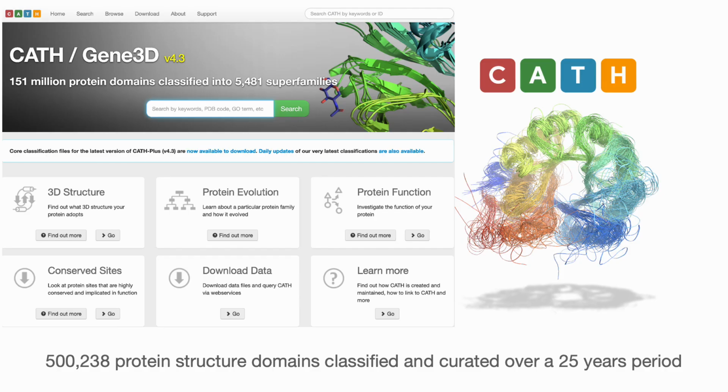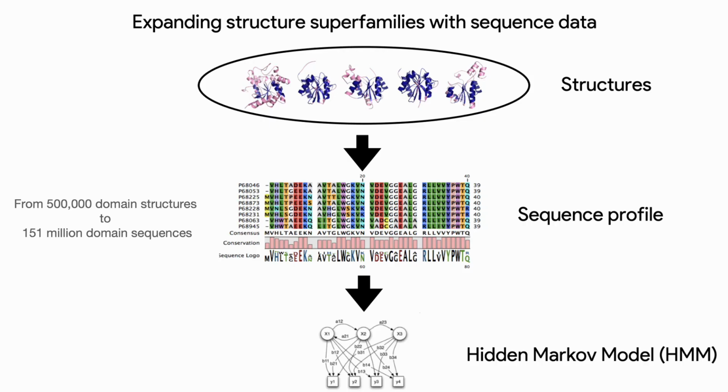So, what is CATH? CATH is a protein structure classification resource that over the past 25 years processed, classified, and curated over 500,000 domains into homologous superfamilies. So we take this data and we expand the structural superfamilies with sequence information. And we do so by taking the structures and encoding the motifs into sequence profiles and HMMs, and then we scan the protein sequence space using these HMMs, and we're able to expand these 500,000 domain structures to over 151